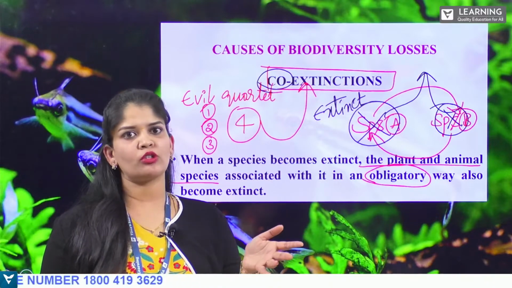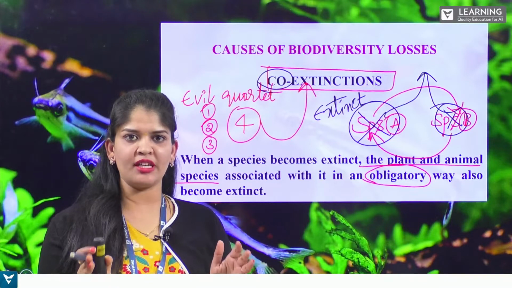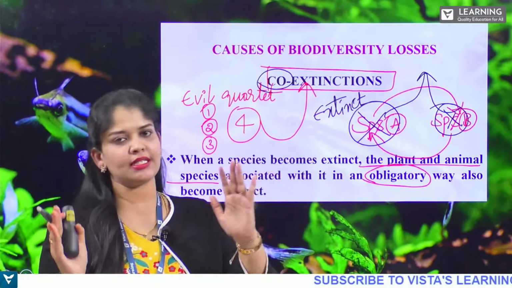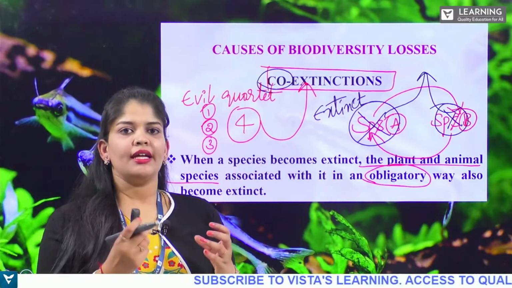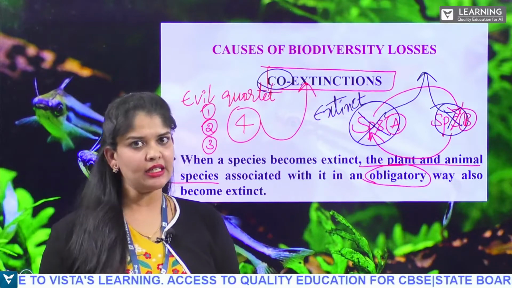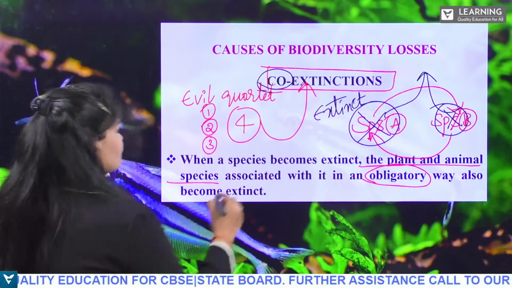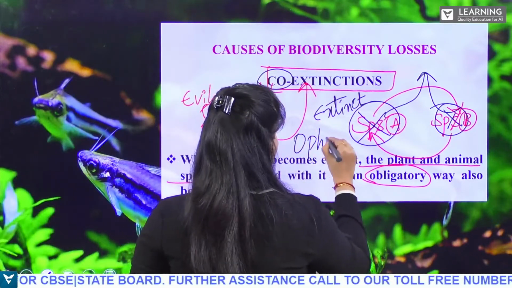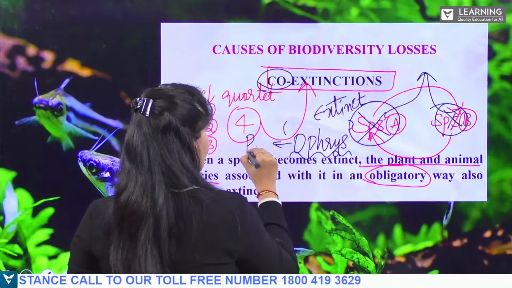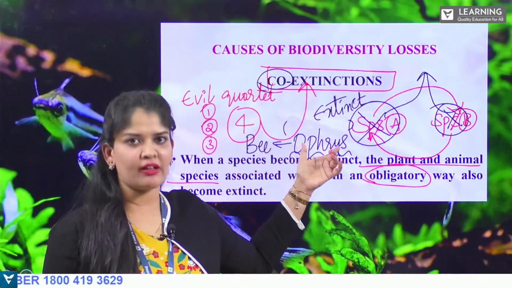This happens in the case of co-evolution. While we were discussing mutualism, where the two interacting species get benefited out of it, that means species A is helping species B and species B is helping species A. In this, there is a co-evolution to meet their needs, right? We explained an example of orchid, Ophrys, and bee association,